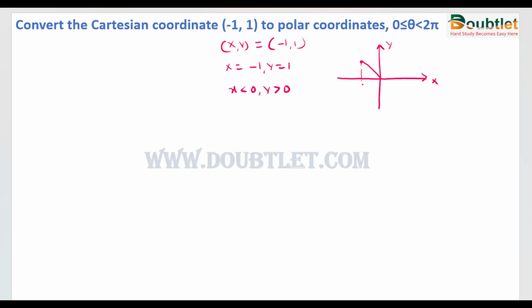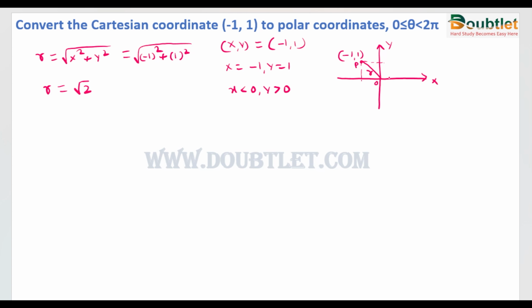So we know that this point and this point are 1 comma 1. So here we can write this as -1 comma 1. If we want to find the polar coordinates, then we need to find this distance. Suppose this point is P and this point is O, so we need to find this distance. We will use the formula of radius, that is the square root of x square plus y square. So we can write this as the square root of -1 square plus 1 square. So the value of r is root 2.